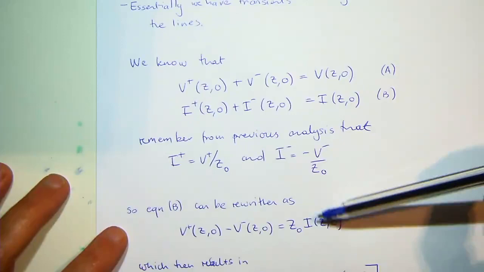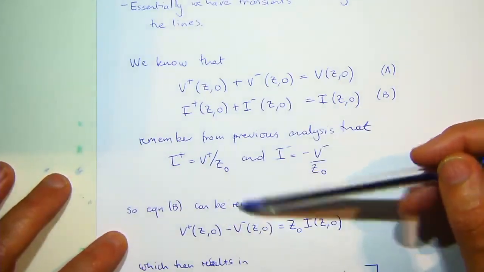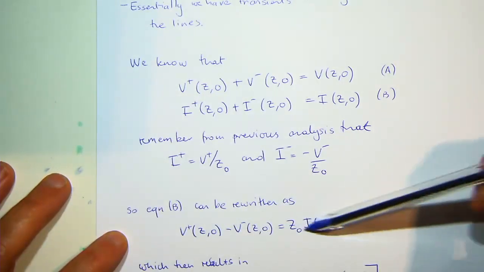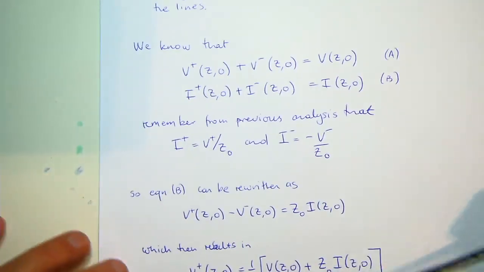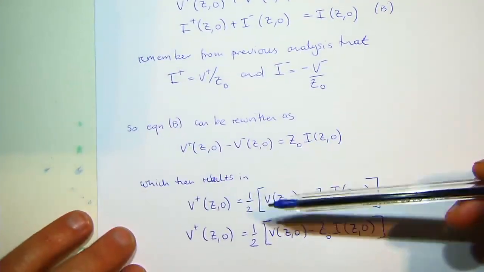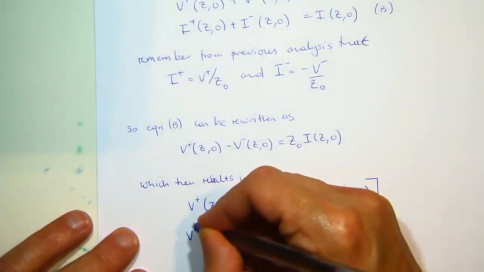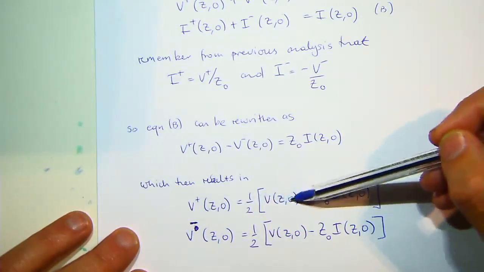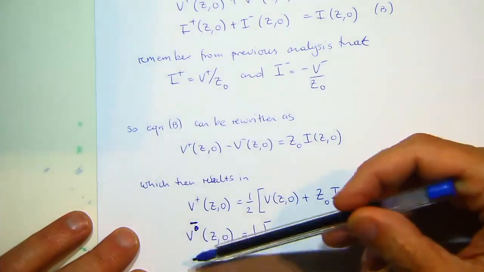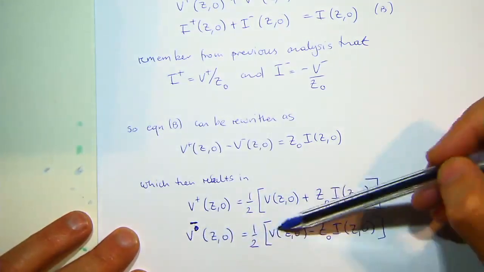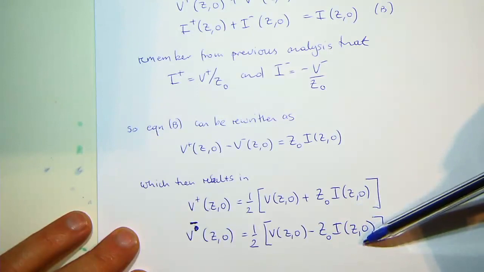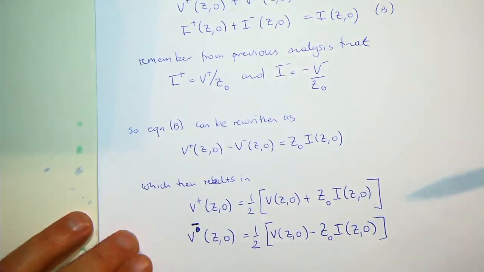Essentially, what I'm going to do is rewrite the difference in voltage in terms of the total current that's flowing on the line. If you go through this and do a little bit of algebra, you can convince yourself, my apologies, that the positive going wave is a half of the total voltage plus Z naught times the total current, and the negative going wave is a half of the total voltage minus the characteristic impedance of the line times the total current. Now you're going to say to me, Stan, well, super exciting, but who cares? And I'll say to you, well,